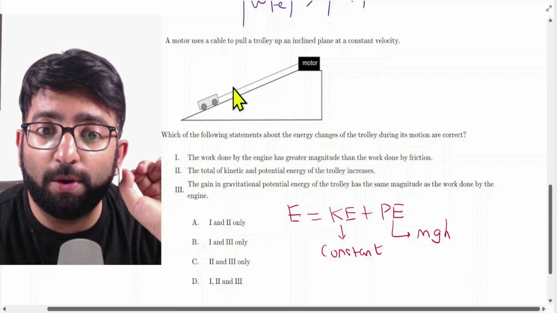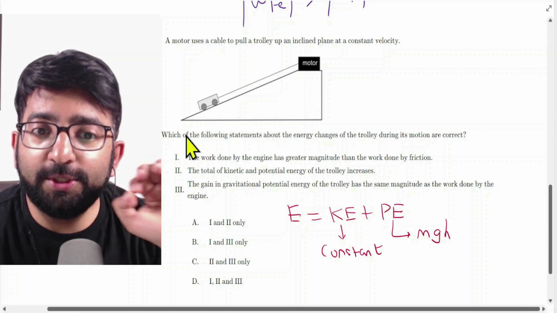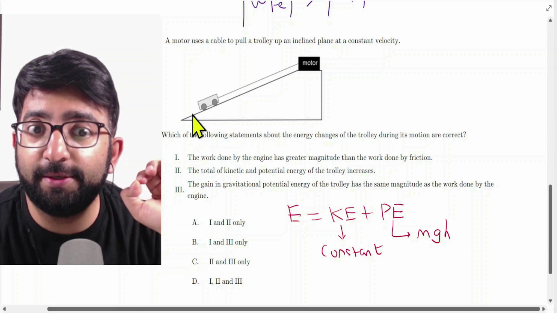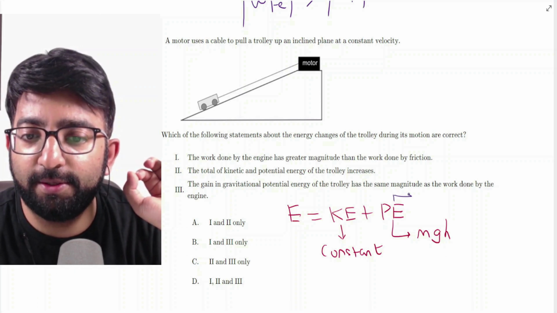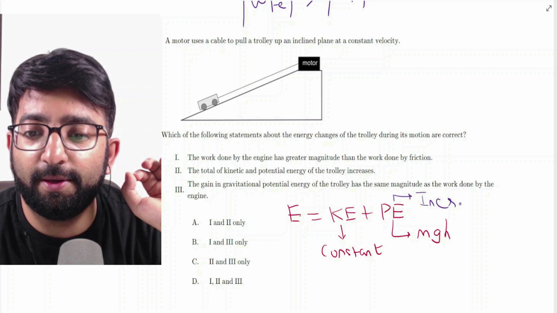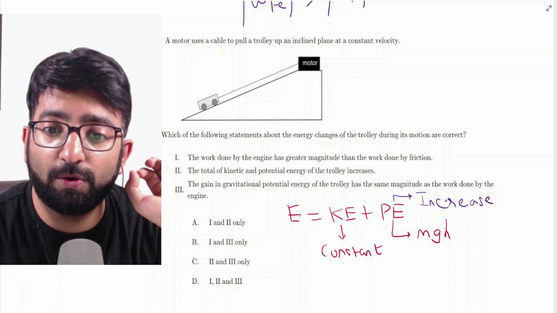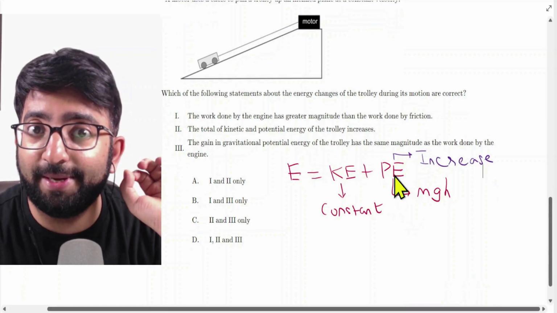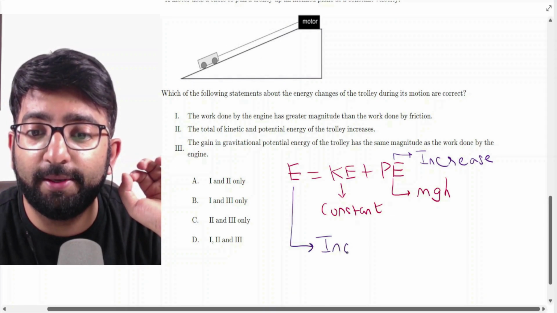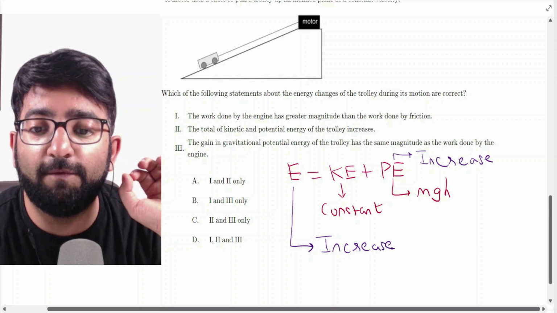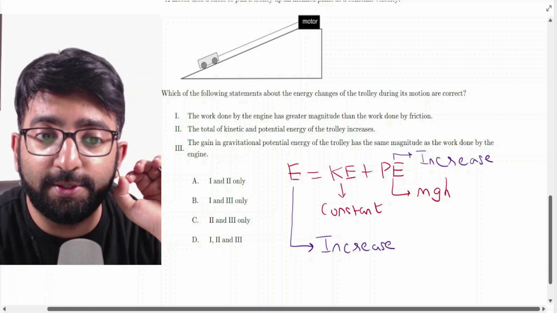Now, the trolley was going up the incline, which means its gravitational potential energy is going to increase. So potential energy, we will write, is going to increase definitely. On the other hand, kinetic energy is a constant. Now, what will be the sum total? Kinetic plus potential, total mechanical energy will therefore increase because the potential energy was increasing,